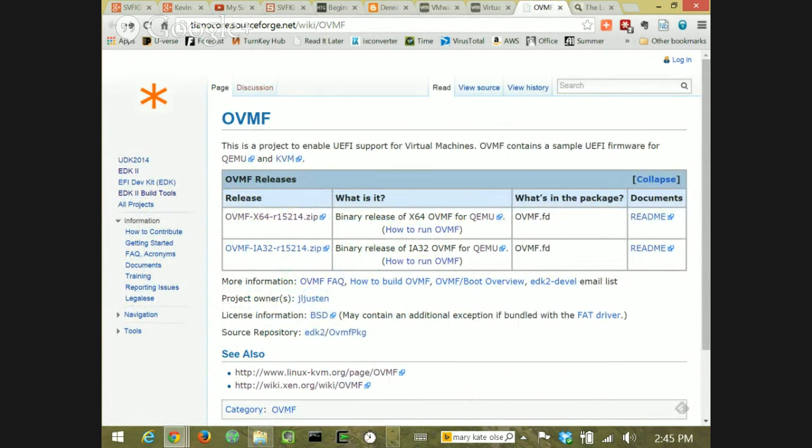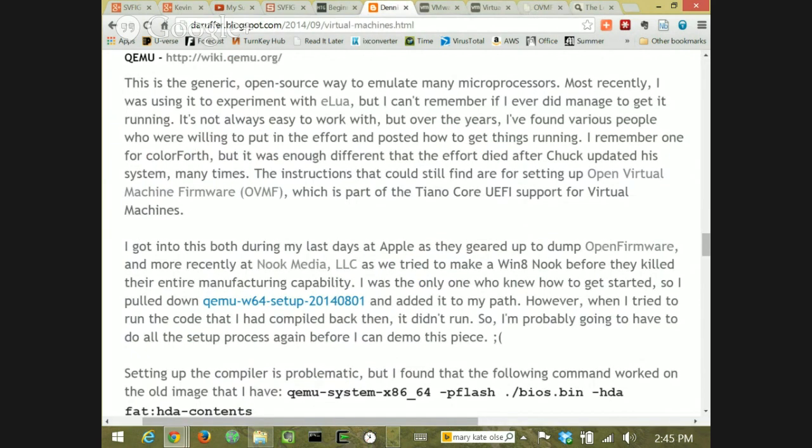If you don't know what UEFI is, it's what replaced Open Firmware at Apple when they switched to Intel. It's a bootloader. And part of what they've got there is the ability to, getting back to my blog,